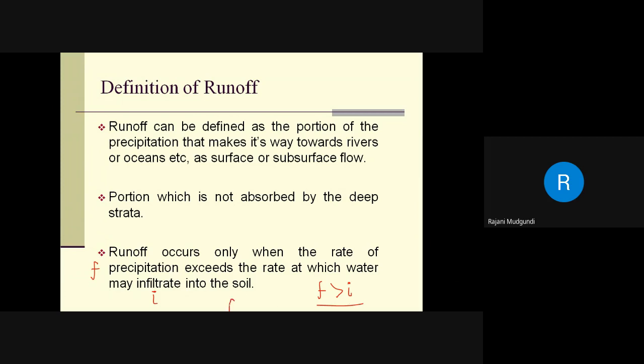And when F is less than I, in that case, the entire rainfall will be absorbed by